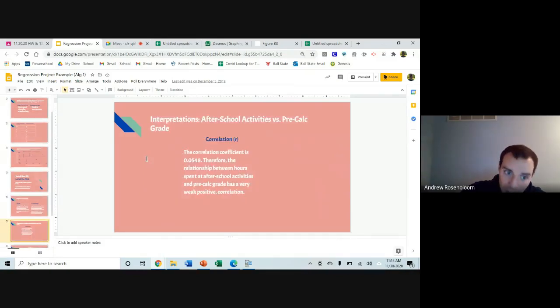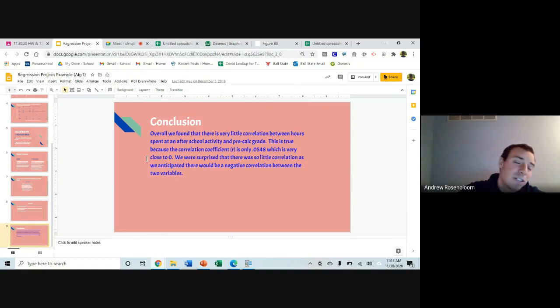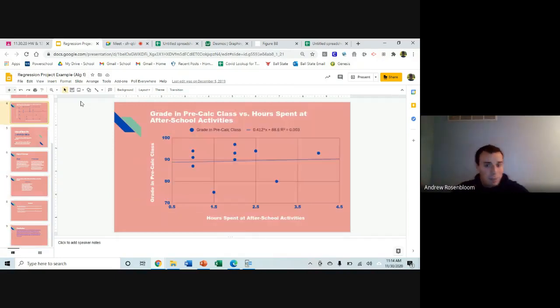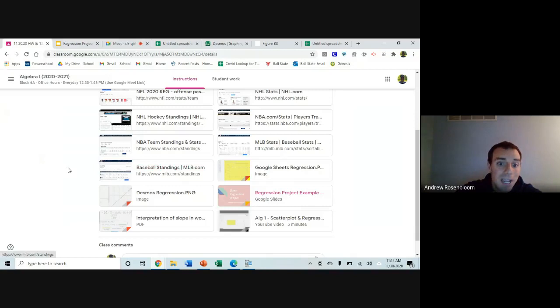You're going to create your R value, which is your correlation coefficient, and interpret that. Find the residuals for at least 3 of the values, and then complete your conclusion about what your data has shown. So this example is posted and you can use it as a model for what you're doing. You can either